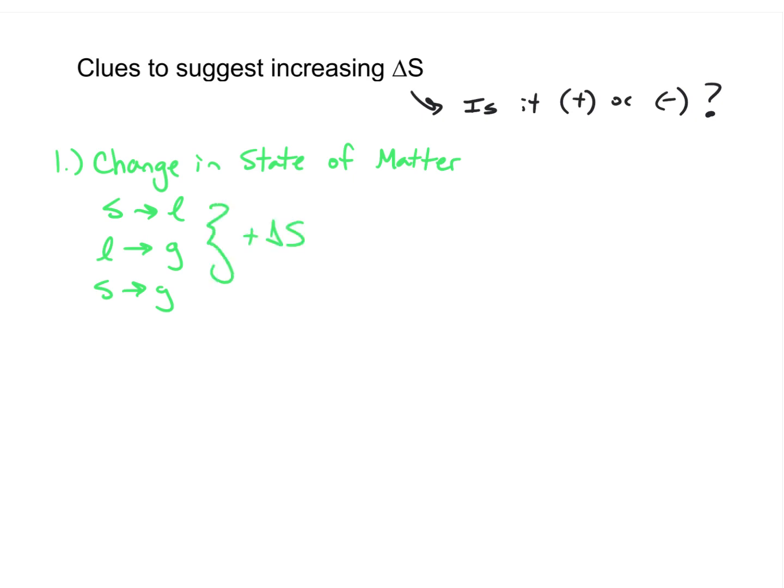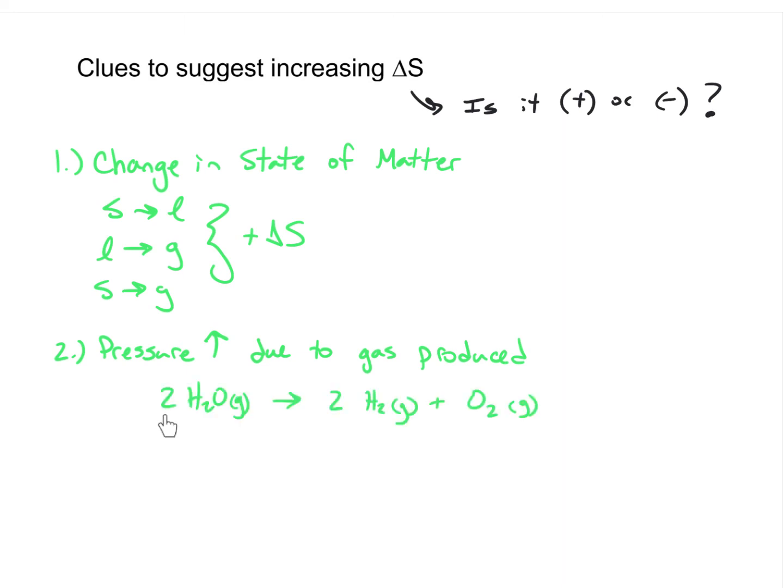that entropy is increasing. Now, the second situation that I want to talk about is if you observe a chemical reaction and you notice that the pressure goes up due to a gas being produced. So you look at the chemical reaction and pay close attention to the moles of gas. If there are more moles of gas as product than moles of gas as reactant, then that is a clue that there is an increase in entropy. So simply account for the moles of gas on either side of the reaction. If there are more products than reactants, then it's positive. If there are more reactants than products, then it's negative. And if they're equal, then you can't make a judgment either way, whether entropy is increasing or decreasing, simply based on what you see.